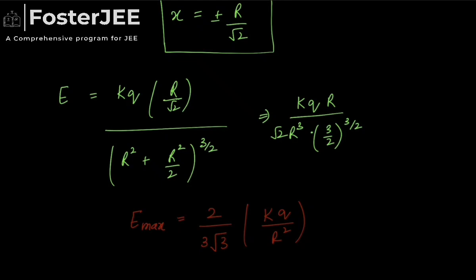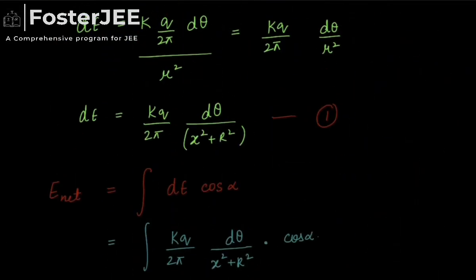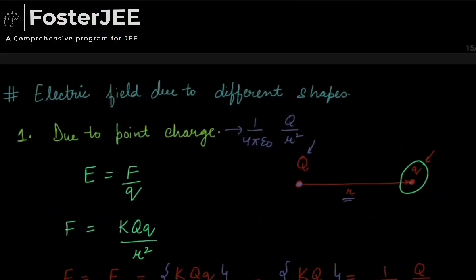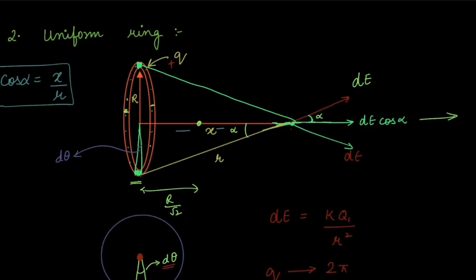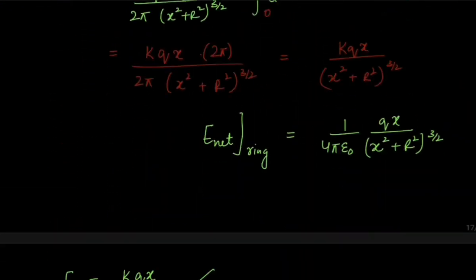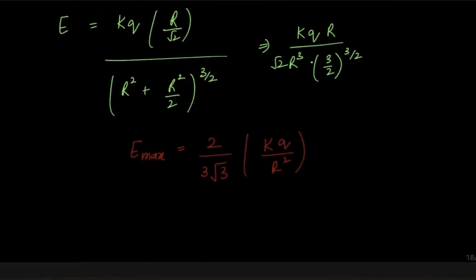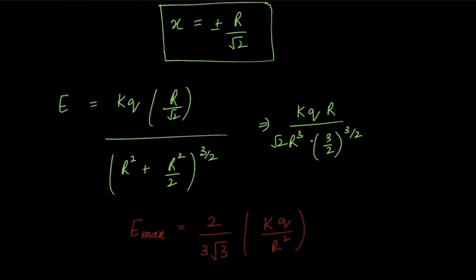So in this lecture, we have started the topic of electric field due to different shapes, and we have covered the field due to a point charge and due to a uniform ring, and also for the uniform ring we have calculated the maximum value of electric field, at which distance it will occur, and what is the value of the maximum electric field. So I would advise you to practice this derivation on your own and never skip derivation, as it clears many concepts. Thank you, and we'll